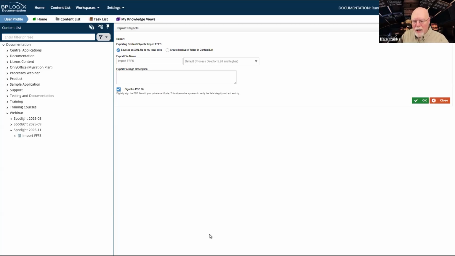But there is a chance that we can do a little bit more in the future with certificates in terms of signing and content list objects, perhaps signing as well, document attachments, and perhaps even encrypting. But this is the first step in getting a certificate infrastructure that is built directly into Process Director with its own UI on that PDZ certificates page. This is something that we might expand upon in the future. Watch this space carefully.